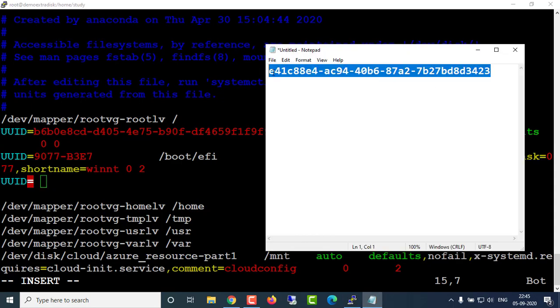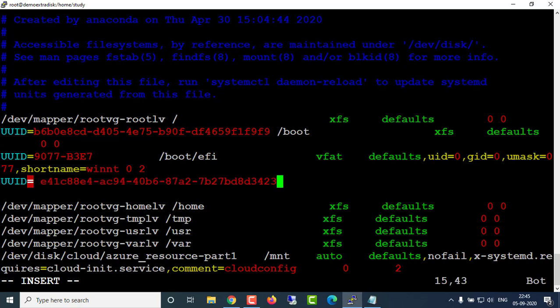Let me copy this and right click here. Remove the space around the equals sign. After that, it will ask for the volume name, that is new volume.